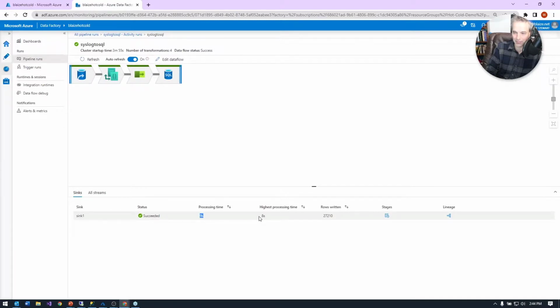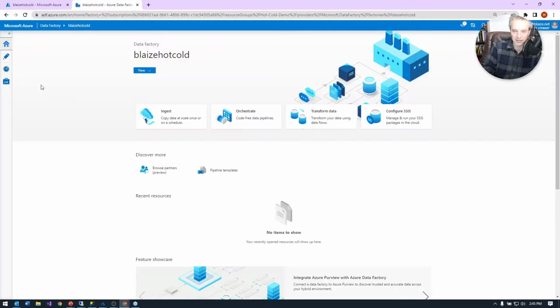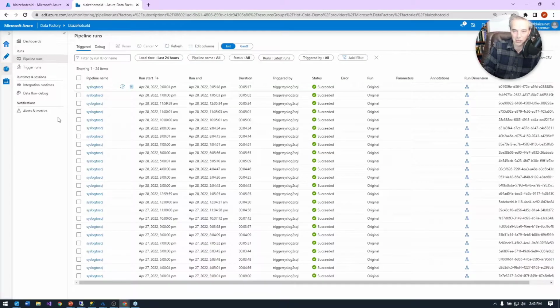It's 9 seconds, but it really took about 5 minutes to create the cluster, 9 seconds to process the data, and another few minutes to shut the cluster down. So I'm paying for a lot of compute time that I'm really not even using. But all that is to say, I did this for demo purposes, but in a real live context, you